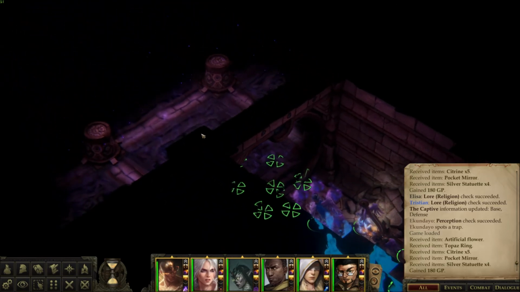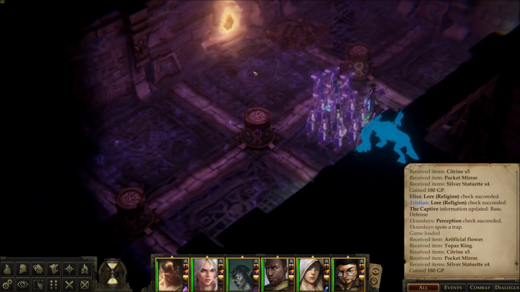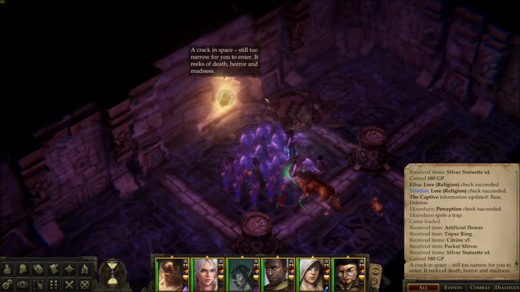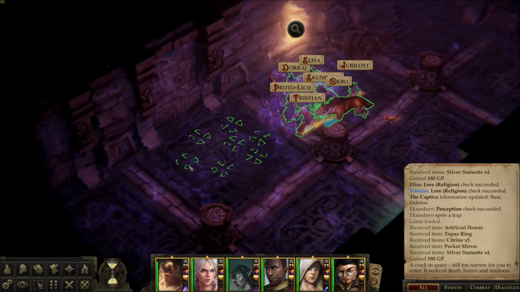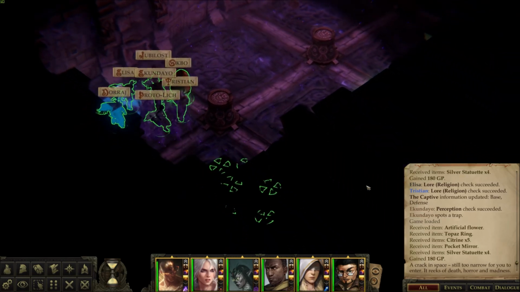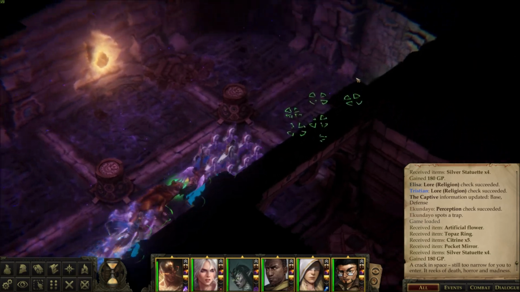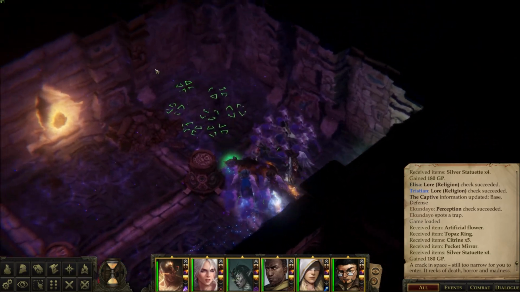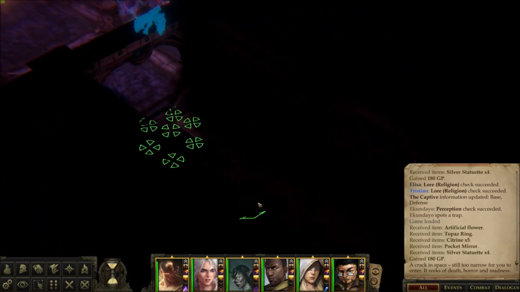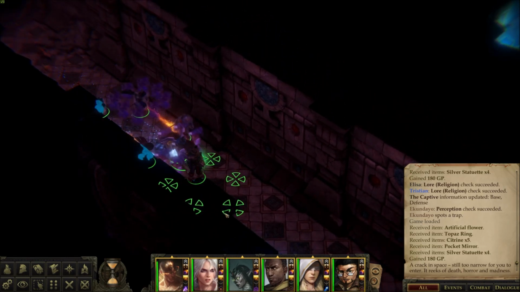So we got multiple rooms here still to deal with. What the fuck? Crack of space too narrow for you to enter. It reeks of death, horror, and madness. That must be the massive boss fight after we deal with this fight. And if that's the case, we're probably up on, in my opinion, the worst fight this game has to offer. And having said that, I had not fought everything in this game, but this is the